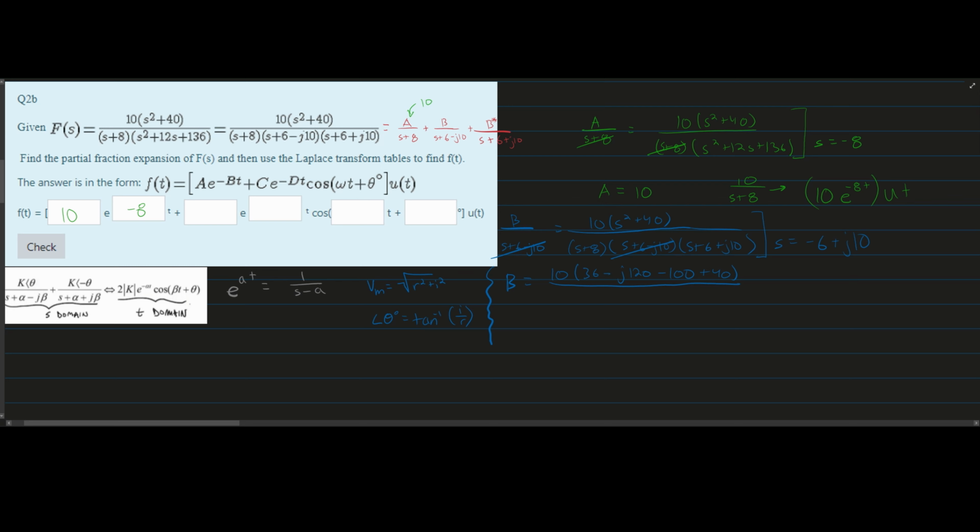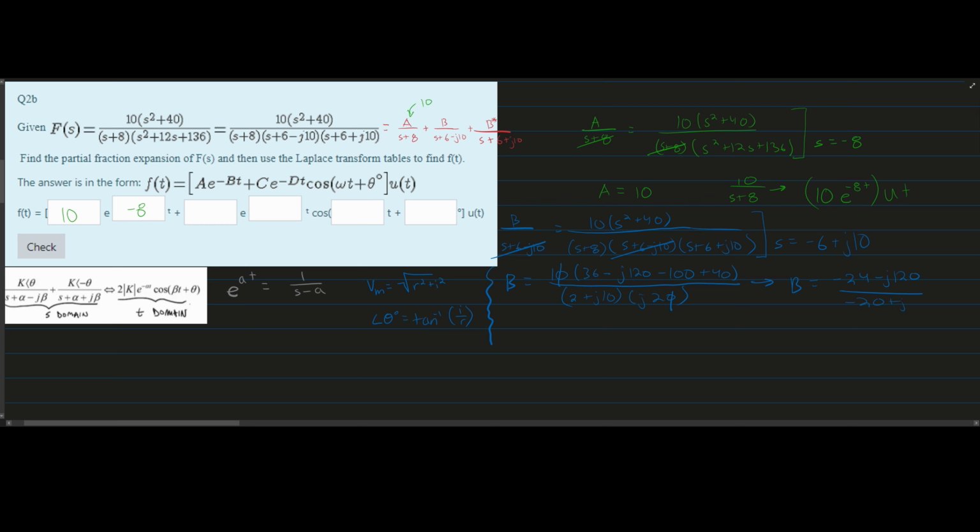In our bottom part, we're just going to have 2 plus j10, and then we're going to have j20. Now, in here, we're going to divide everything by 10, and so that is going to get rid of that 10, and we can combine like terms and simplify. This will give us b is equal to (-24 minus j120)